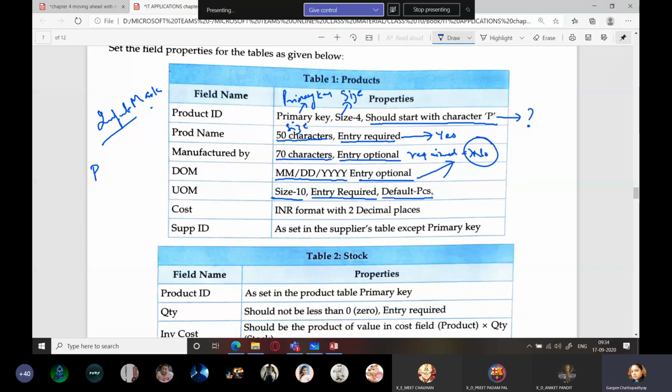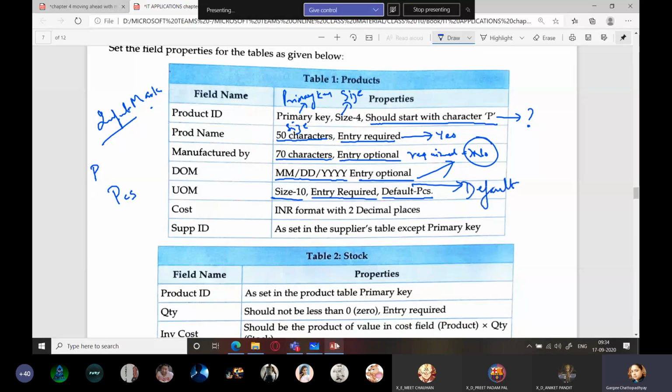Now which property is going to be used for this one? Default equals PCS. Default value will be PCS. That is, pieces is being considered as the default value because most of the values in the table will be pieces. So which property are you going to change for this? There is a default property in your table.